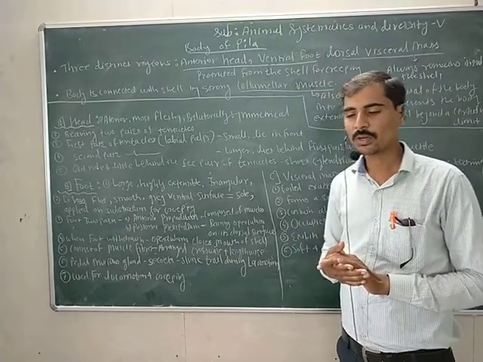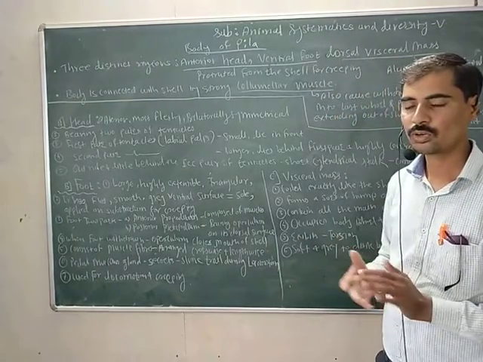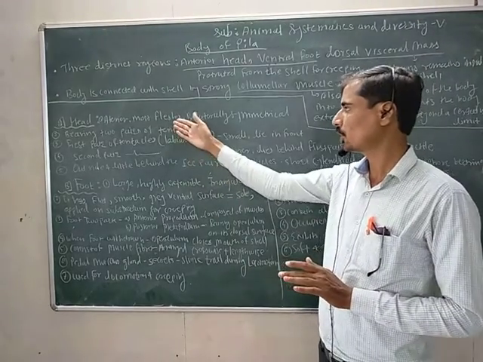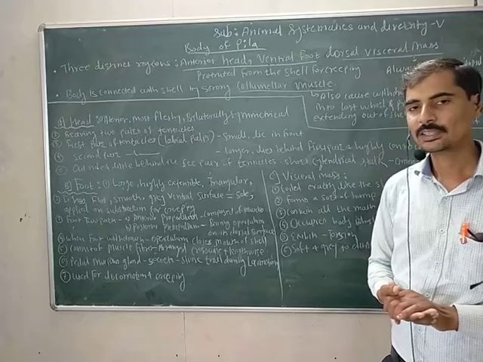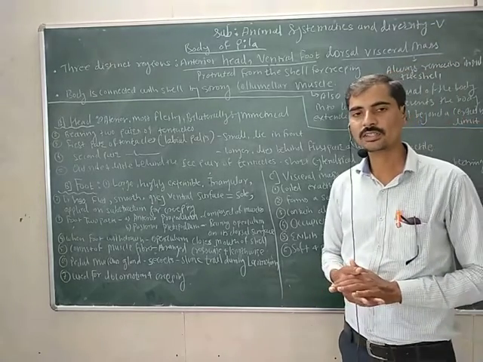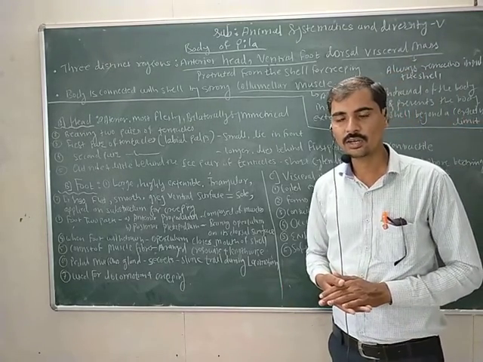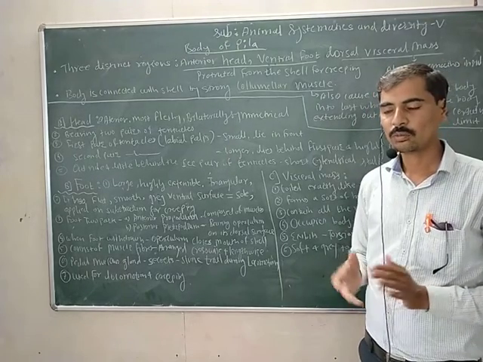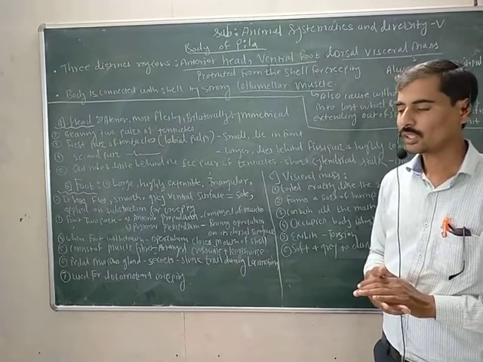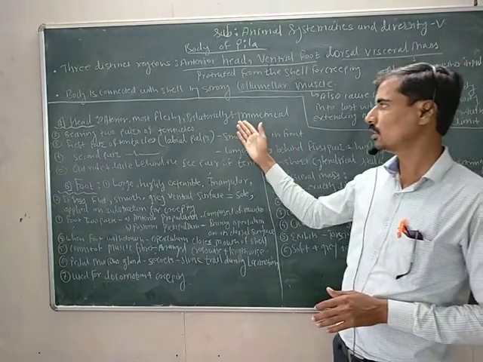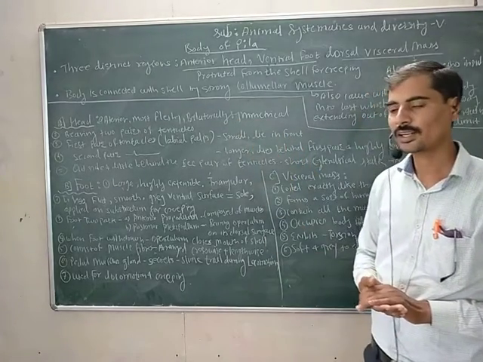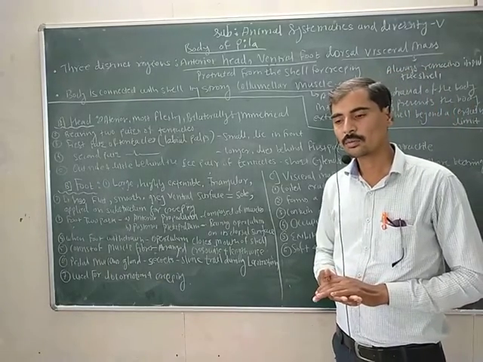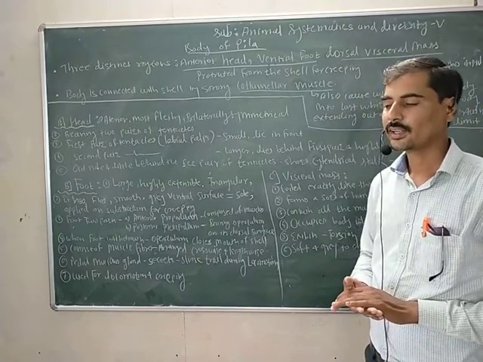The head of the Pila globosa is located on the anterior side, and it is most fleshy and bilaterally symmetrical. Bilaterally symmetrical means if we cut the head of the Pila globosa into two distinct regions, and both regions are identical to each other, hence we can say that the head of the Pila globosa is bilaterally symmetrical. The head of the Pila globosa bears two pairs of tentacles.